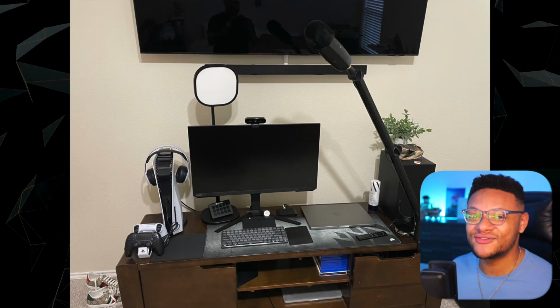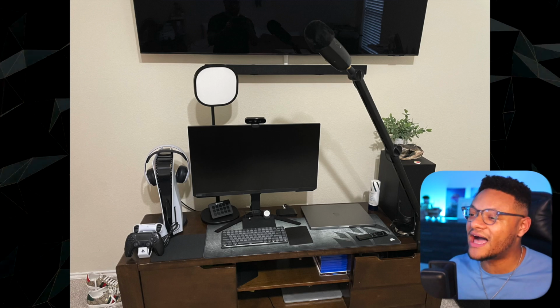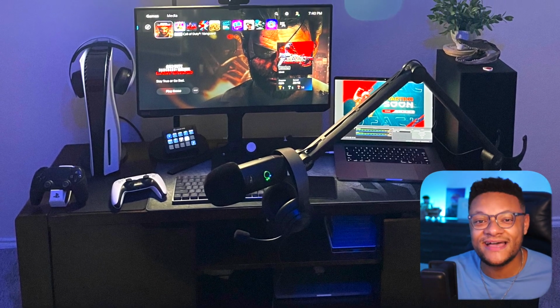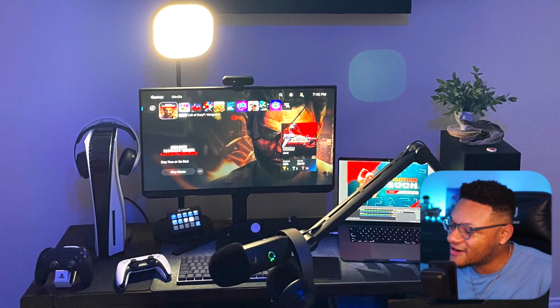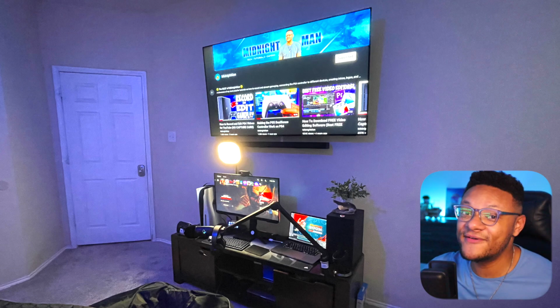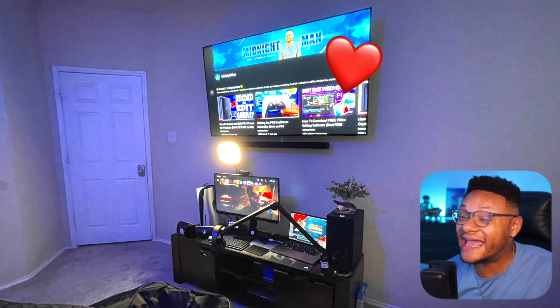The next setup here comes from Safuchi, and they have a new 16-inch M1 MacBook Pro with an Elgato HD60X capture card. The monitor is a Samsung Odyssey G7 connected with the PlayStation 5 console. In front of that, we can see the Yeti microphone with the Arctis Nova Pro wired headset. And above everything, we can see the Samsung 4K TV, which he told me he uses for gaming and not for